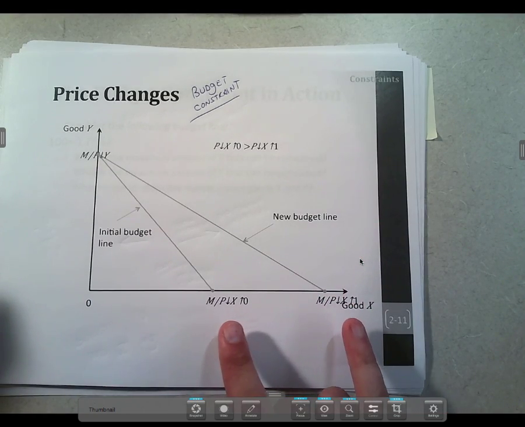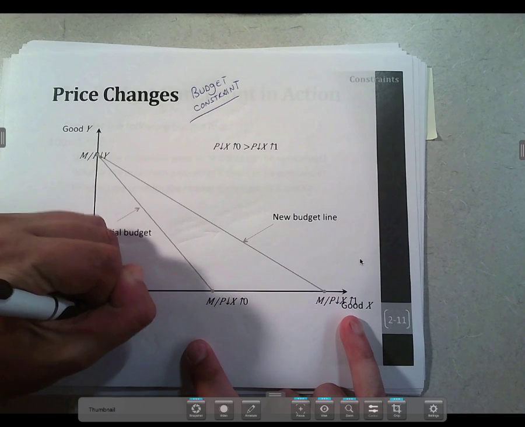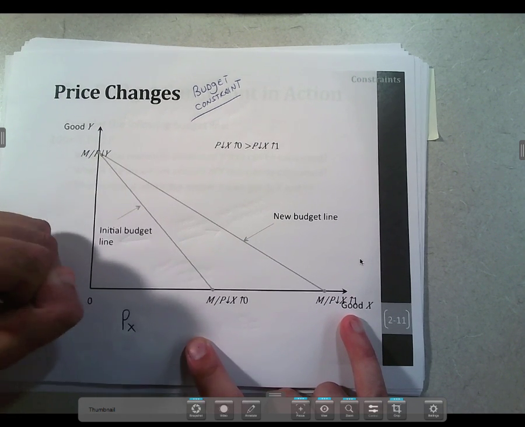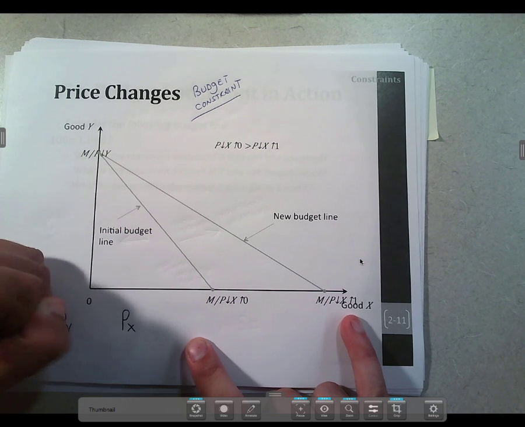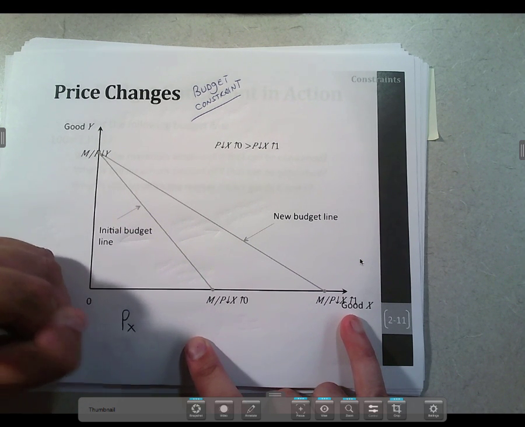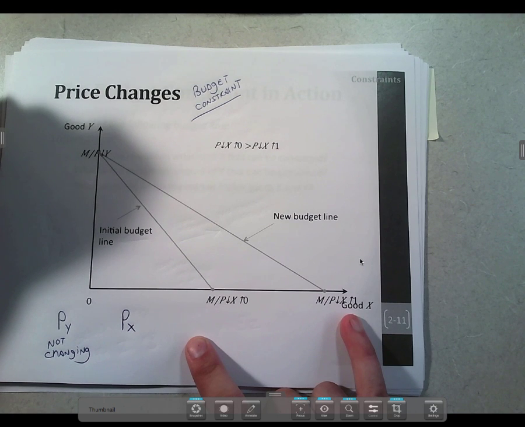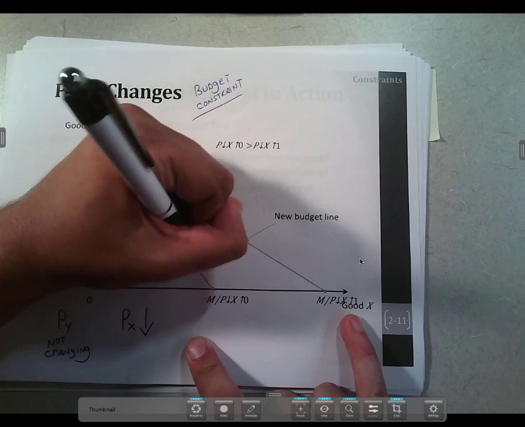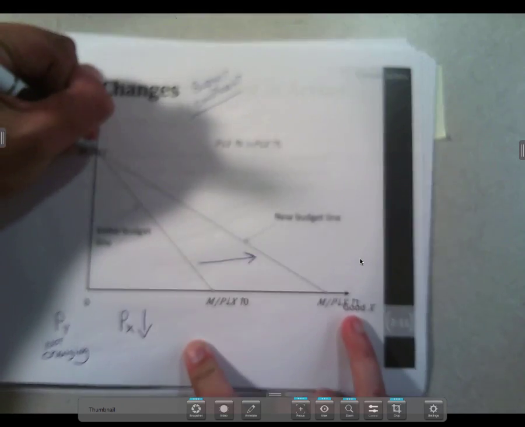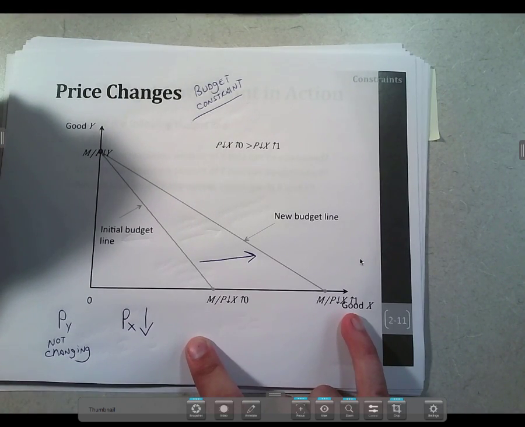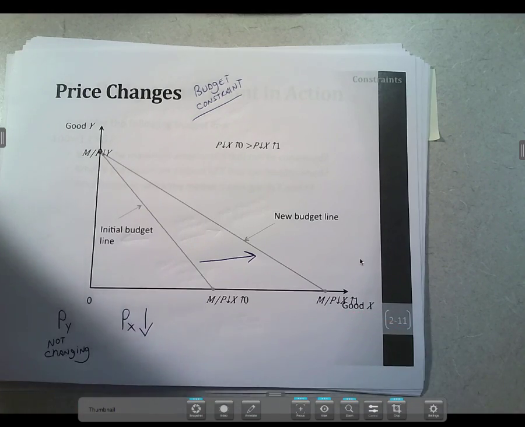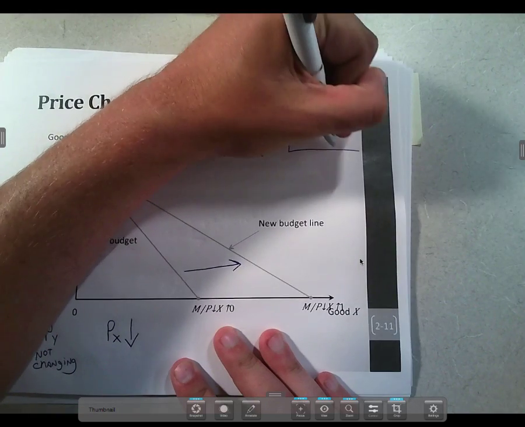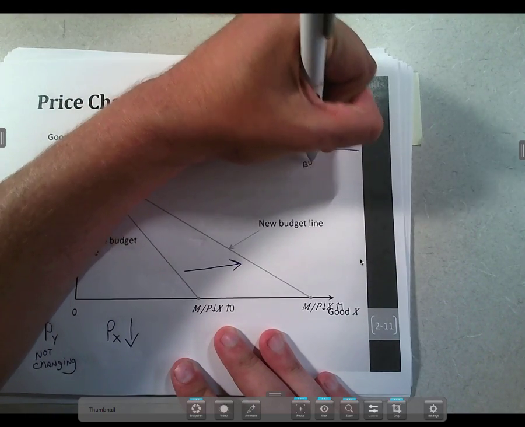In this case here, if the price of Y is not changing, and the price of good X is falling, then it pivots from the same y-intercept. So the idea here is that for the budget constraint itself,